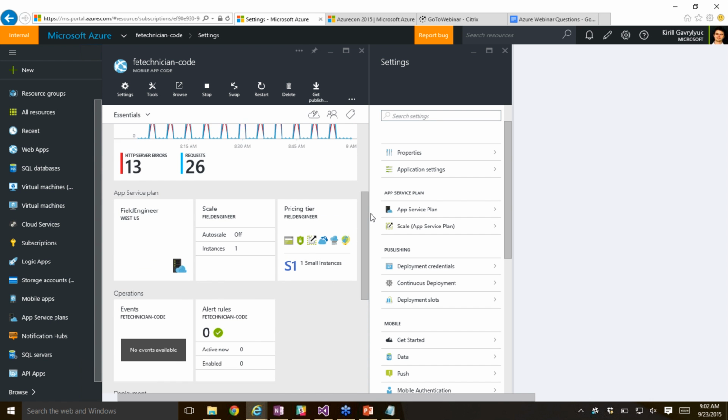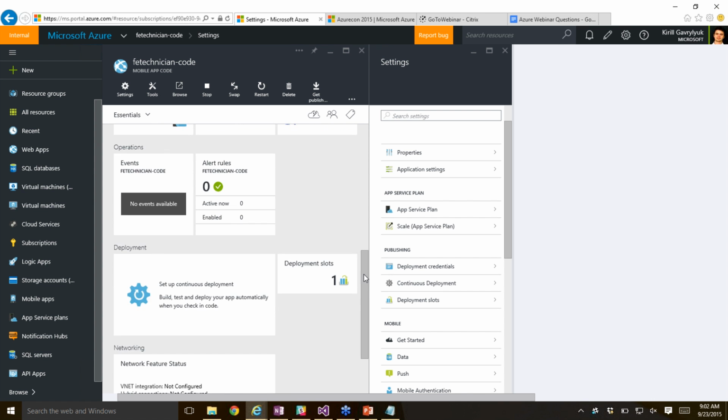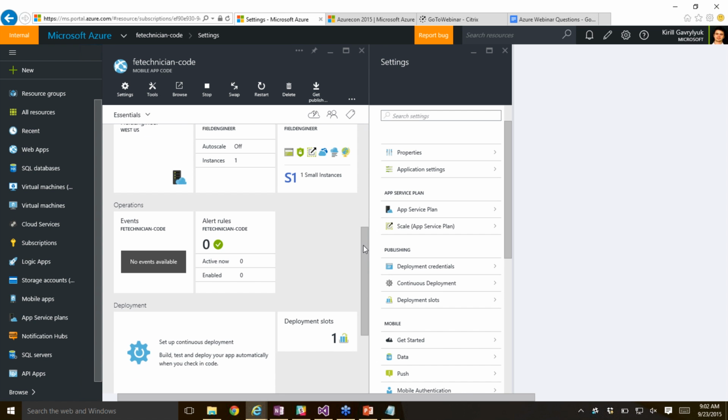I can scale it with one click. I can check how much I am spending on this service. I can set up alerts to help me understand and get either messages on my phone or emails when the service is down. App Service provides a number of DevOps functionality for you right in the box, where you can integrate with a variety of source control systems, CI. You can use staging slots, back up your service if you need to,